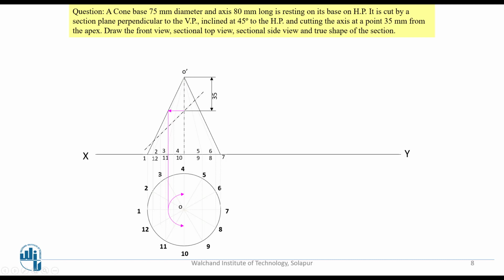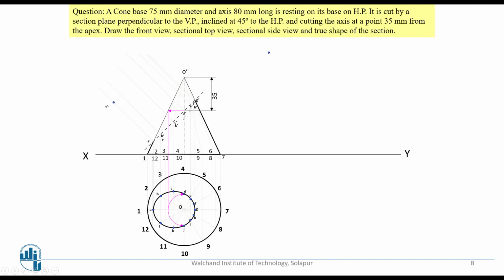Suppose if you want to transfer this one, you bring it here, on that particular O7 it is going to cut here, that is a point. Like this you can transfer the rest of the points, and then join with the dark line; you will get these as the cutting points. All these are the corresponding points. Now we have to make it a dark line. All namings as given here are the same namings here. This is the sectional top view.